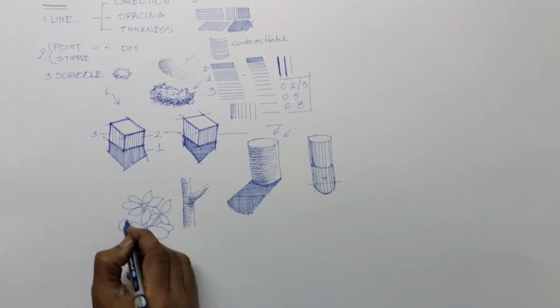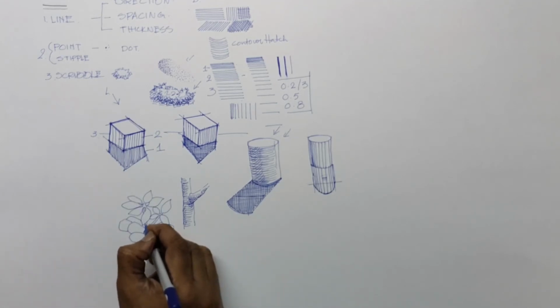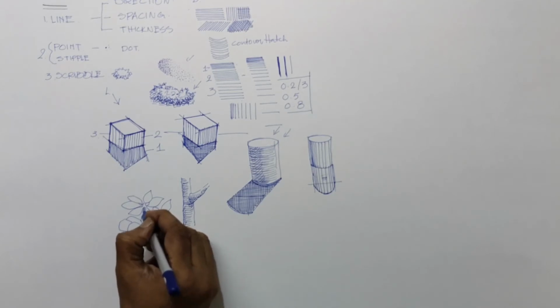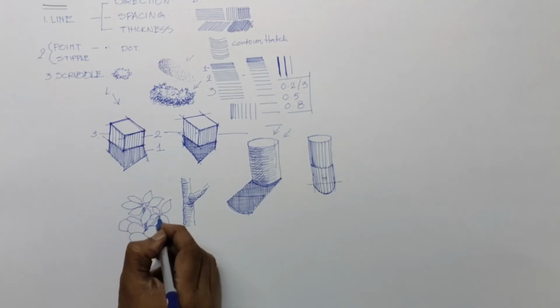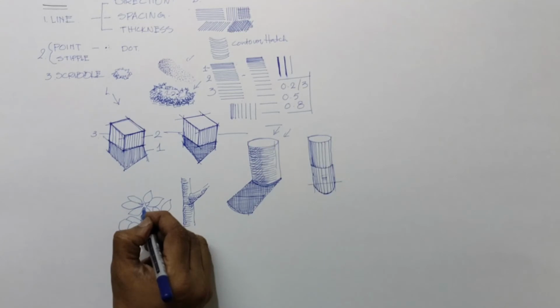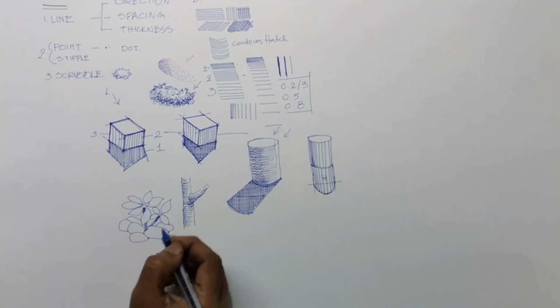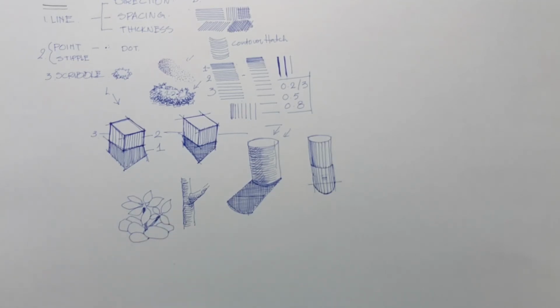Now I'll use all these techniques here. As I said, I'll use a contour hatch. Here also I'm adding contour hatch, but I'll call this a layered drawing. In a single go, I'm not adding the depth. So actually here, this will be much darker. The second time, when I'm hatching, I'm adding the closer contour hatch.